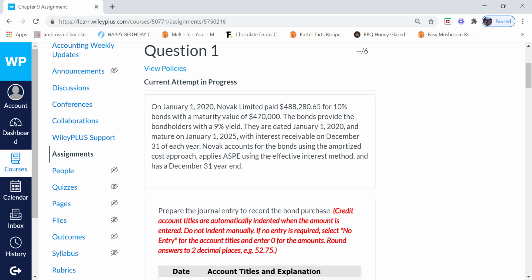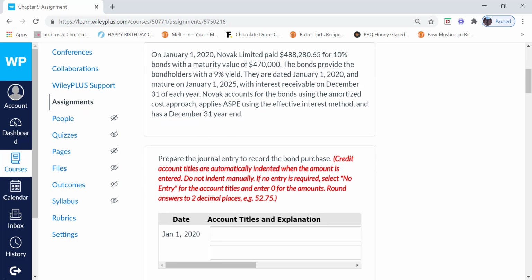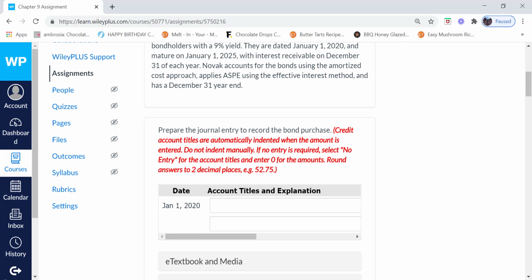So we have a 10% bond, so it's going to pay interest at 10%. Maturity value 470, and the yield or the effective rate is 9%. Dated Jan 1, mature Jan 1. Interest receivable December 31 of each year, and we're going to use the effective interest rate method because that's the only one we're taking. Okay, so it's a bit long, but I think it's a good practice to go through